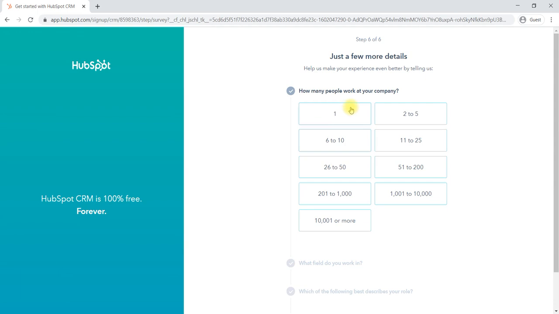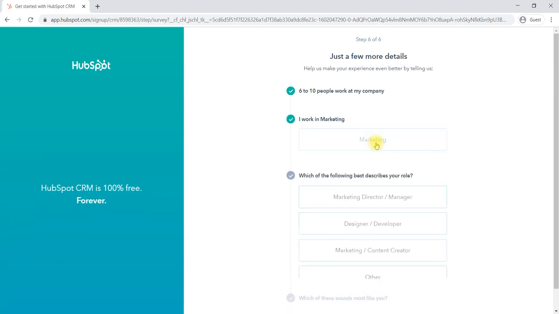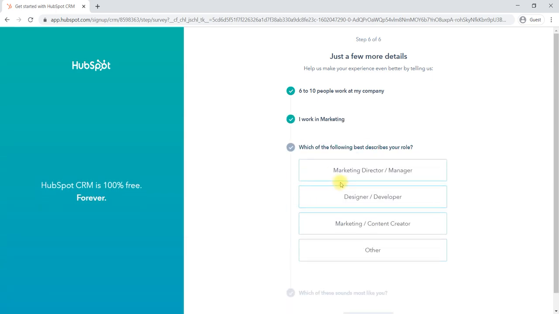Then it will ask for details about your company, how many people are there in the company, and what field you work in. Which of the following best describes your role?